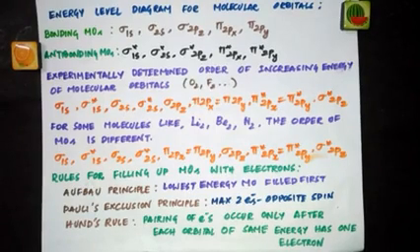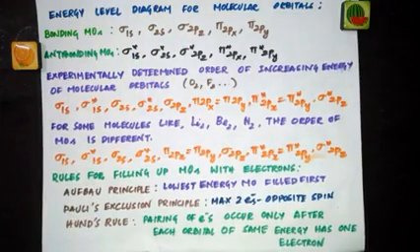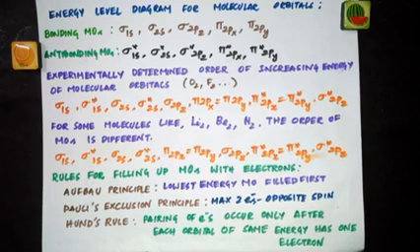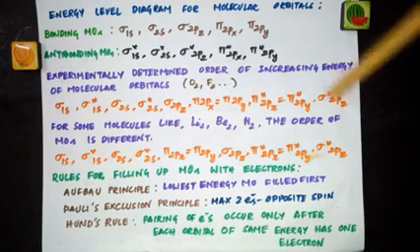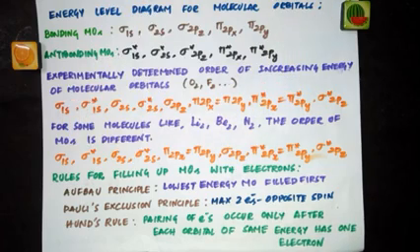Hello students. In today's video, let's continue with molecular orbital theory. In the previous video, we started with the energy level diagram for molecular orbitals before we ended that video. And I told you how the molecular orbitals are arranged in increasing order of their energies. I told you two different orders like this. This is followed by molecules like O2, F2, and this by molecules like Li2, Be2, and N2.